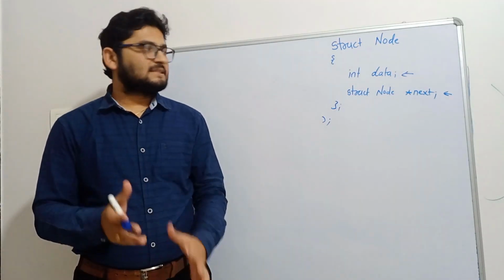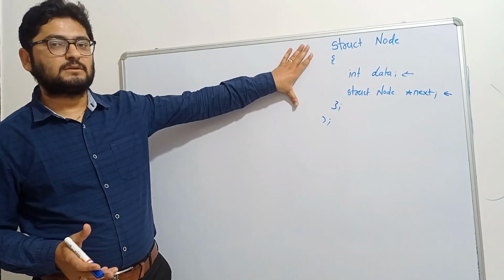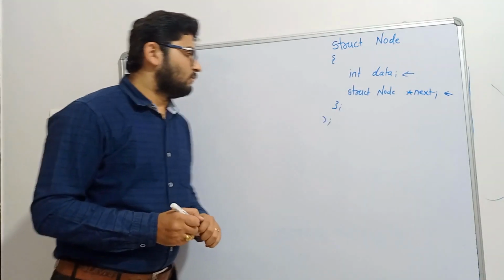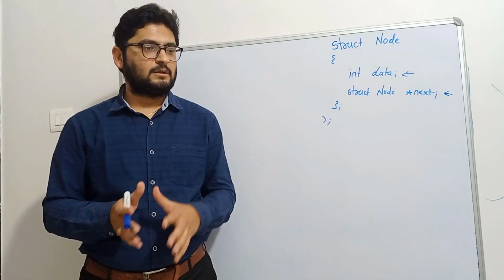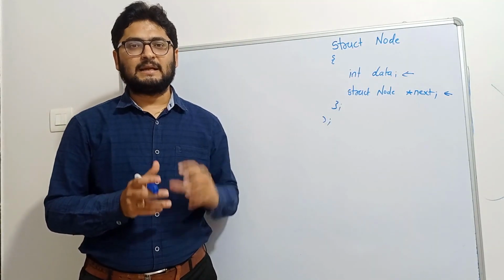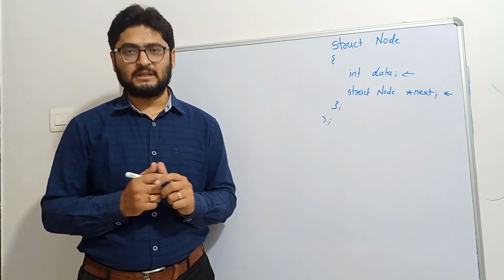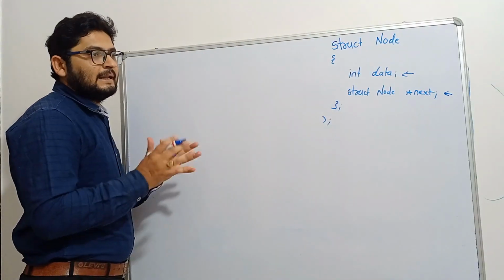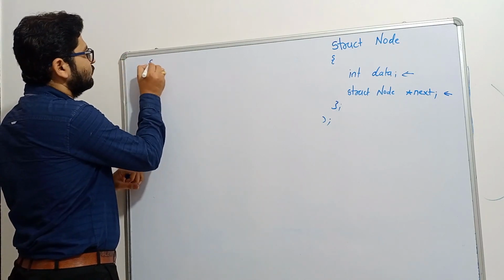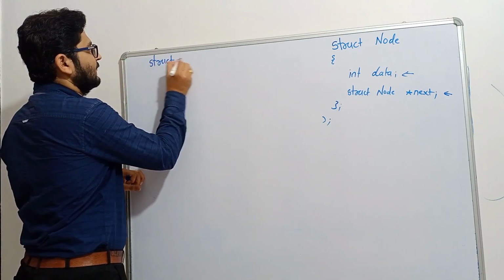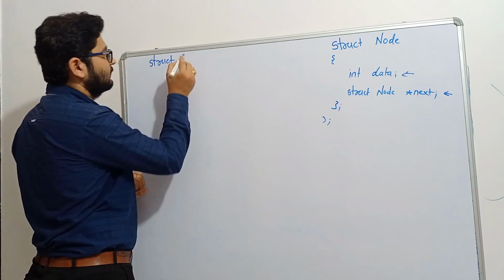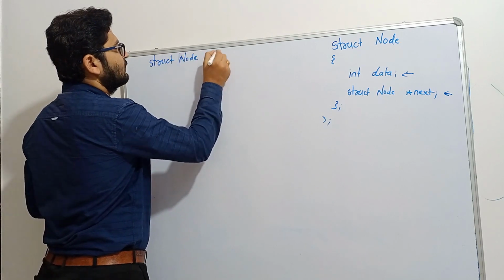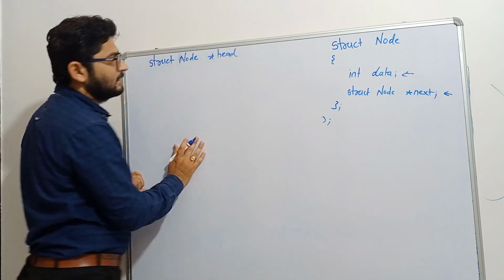Hello guys, in the last session we had seen how to define structure for the linked list in C language. Now, in this session we are going to see how to create the node for linked list and how to insert that particular node at the end of the linked list. First, whenever we start writing a program for the linked list, the first thing we need to do is create one global pointer, struct node *head. So this is nothing but the global pointer.